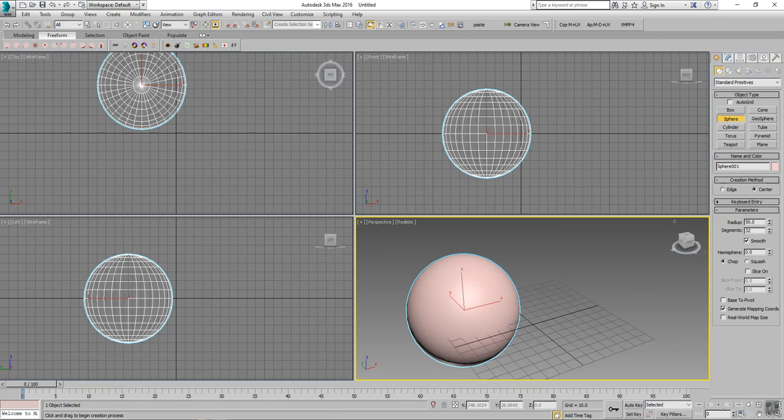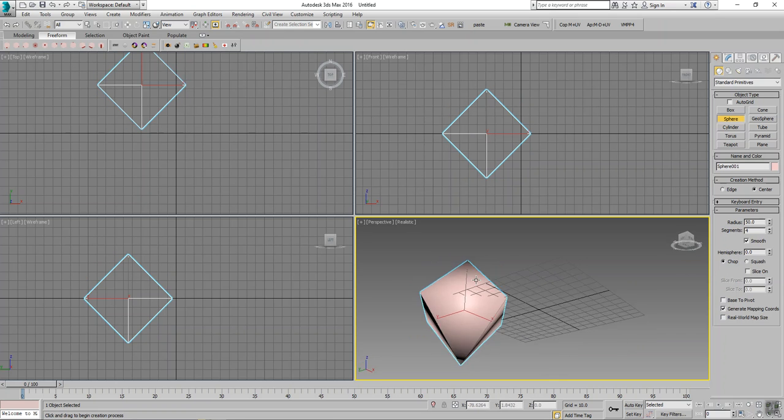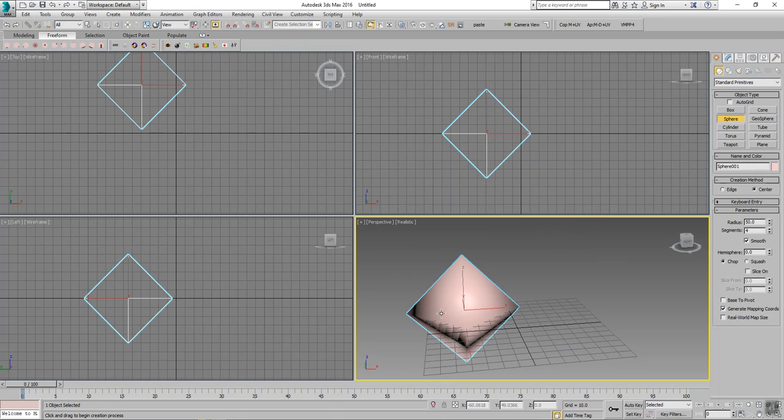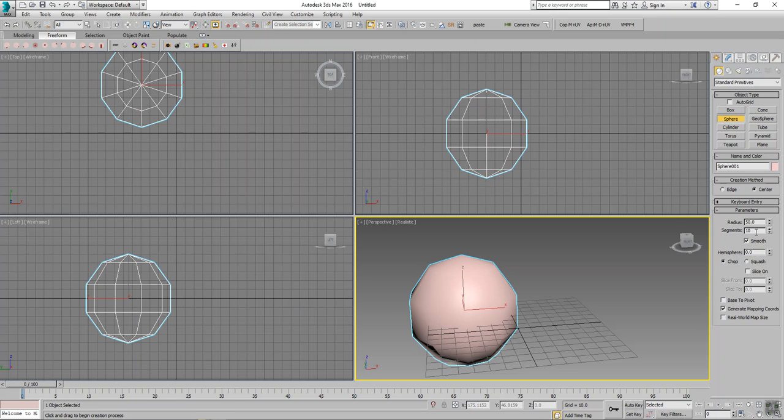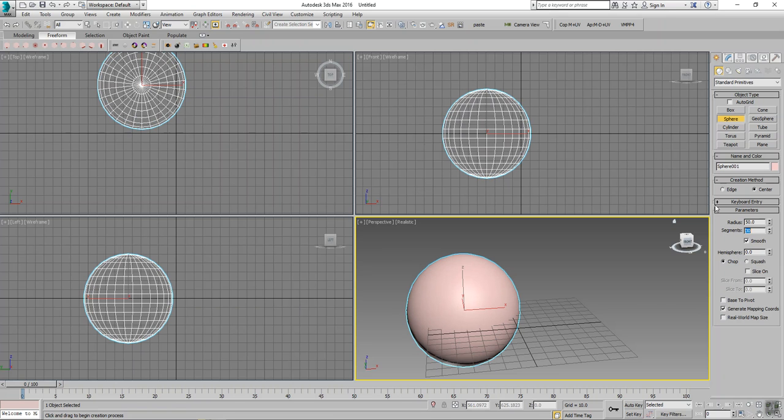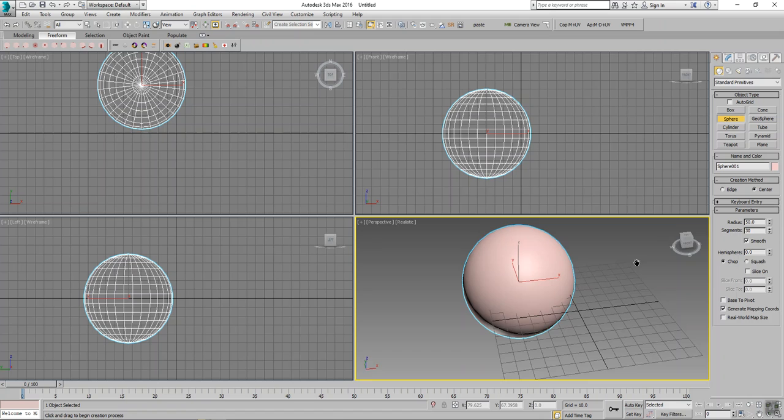The minimum segments in the cylinder is 4, as you can see in my viewport, and you can increase the number of segments by clicking here like this. And I think this 30 is normal and good for creating